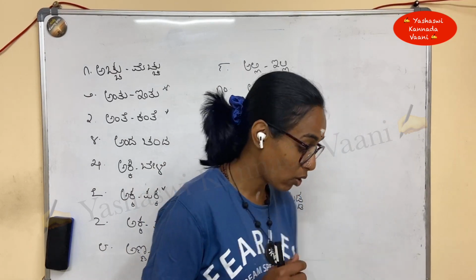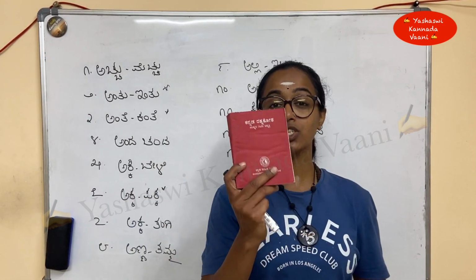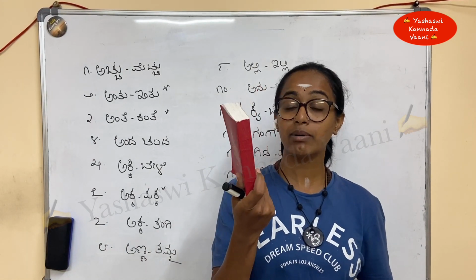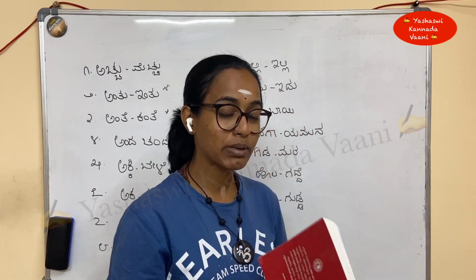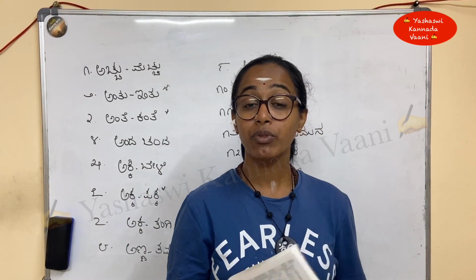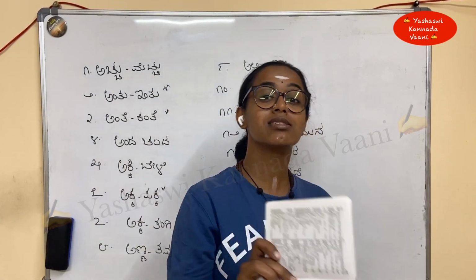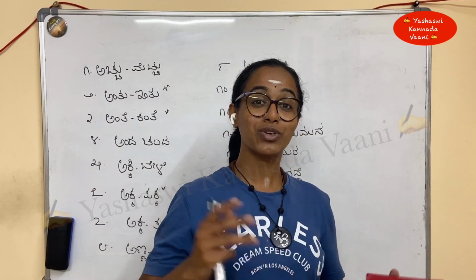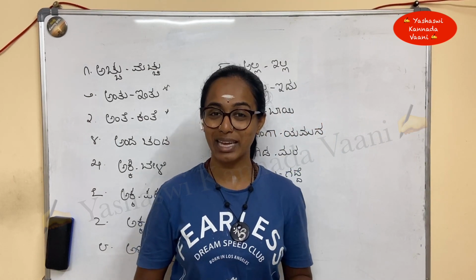So you can also get the dictionary, which I always refer to everyone. This dictionary, again, is available in Sapna Book House. It will cost around 50 to 80 rupees. Wonderful book. You will learn 2 words every day from this book, and this is sufficient for you for a good vocabulary. You will build up a good vocabulary, you will improve your vocabulary.